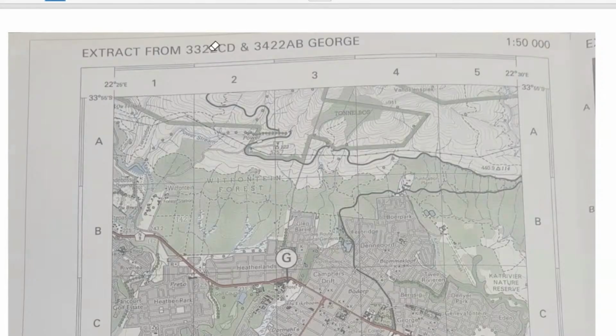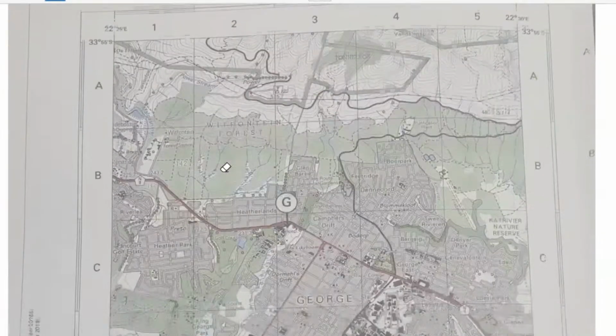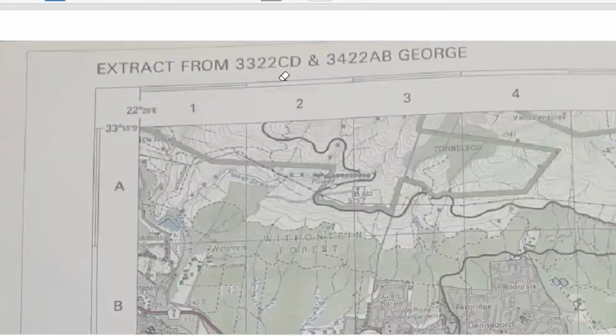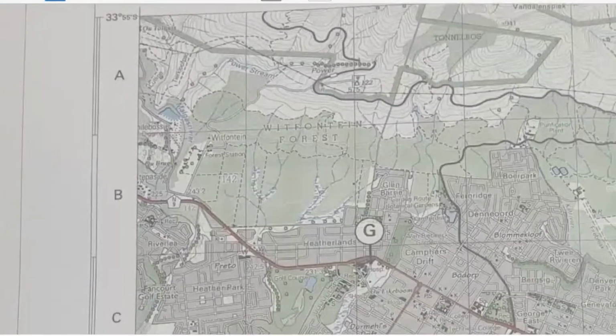So what we need to do now is to try and find the value of, let's go to block A5. We want to find the value of this trig station here. I'll try to slightly enlarge so that it's more visible. Right, our trig station is here. So what you can do if you want to ascertain the value of